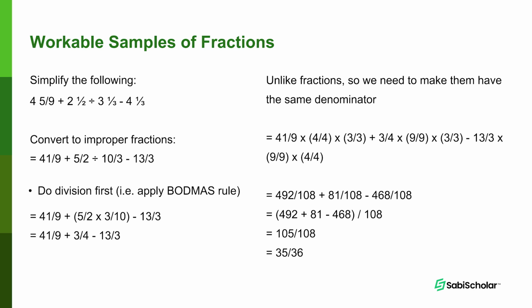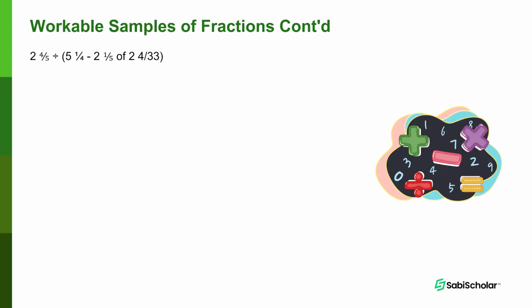If you add 1 plus 0 plus 5, that is 6. 6 is divisible by 3. And if you add 1 plus 0 plus 8, that is 9. 9 is divisible by 3. That's the test for division by 3. So 105 divided by 108 is divisible by 3. And that will give us 105/3, that is 35, divided by 108/3, that is 36. So 105 divided by 108 is 35/36. Another example, 2 whole number 4/5 divided by, in brackets, 5 whole number 1/4 minus 2